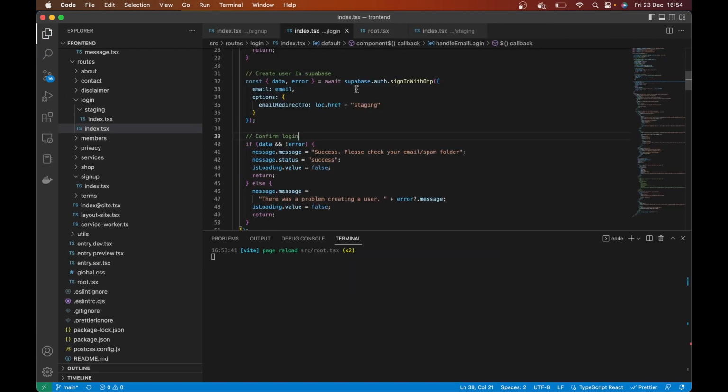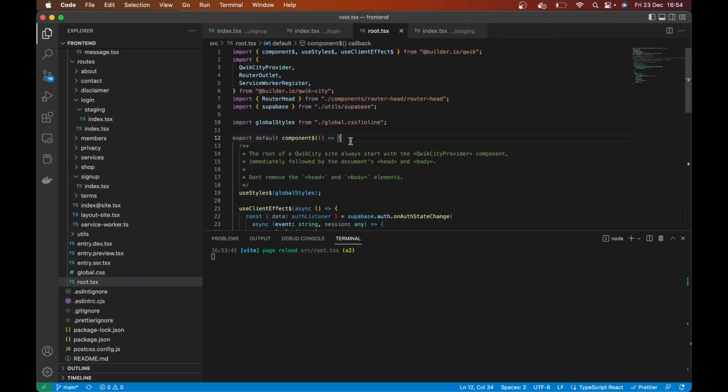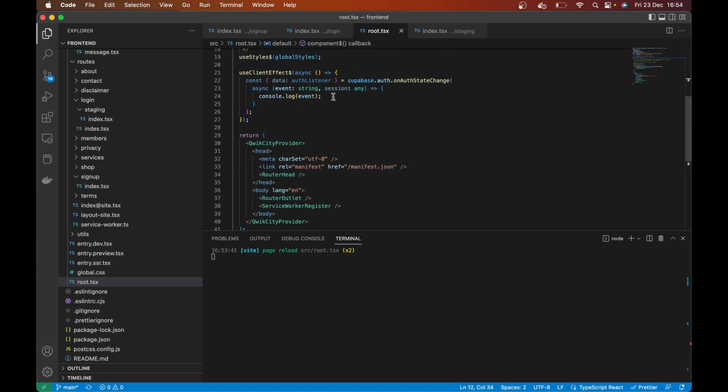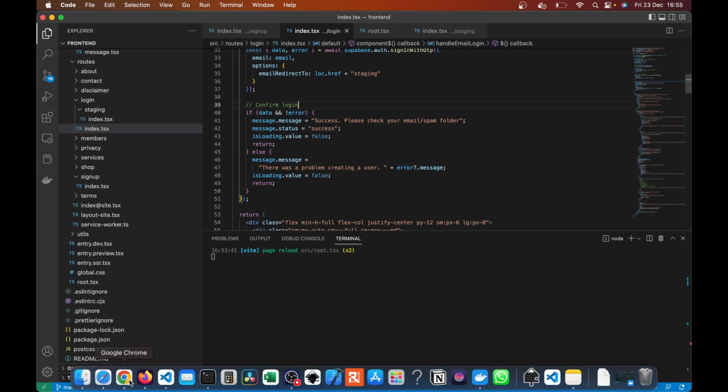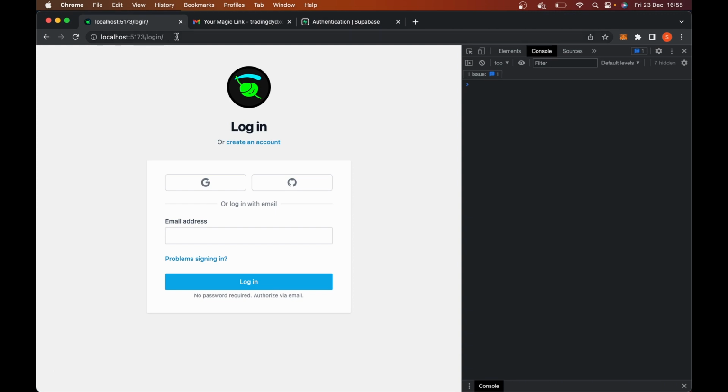Okay, so let's just recap here very quickly. We've got our root here, which is going to console log the event. The event will be whether or not we signed in, etc. And then on our login page, we've just added this little bit of code here that says, as long as there's not an error, you can go and print success. Now, just watch what happens here. I'm going to show you something pretty cool. Here, where I've got login, I'm going to go and type in trading, whatever email account you're using,